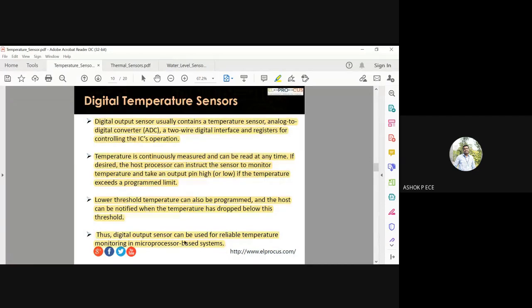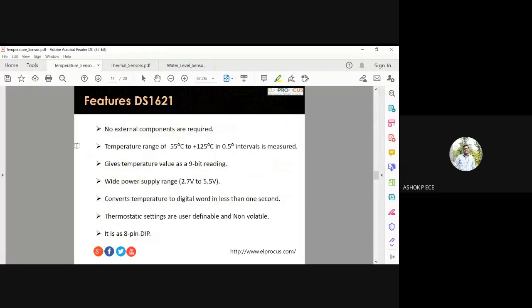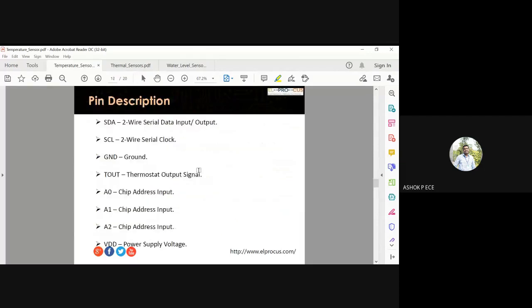This is mainly used in thermal power plants, where the temperature should not exceed a particular value. If it exceeds, the plant will be in danger, right? So in those cases, monitoring temperature continuously becomes a very serious activity. Even a 0.1 degree rise in temperature can cause serious harm to the entire system. The digital features, the pin description and all, are given, so we need not go in depth. I think it is self-understood.